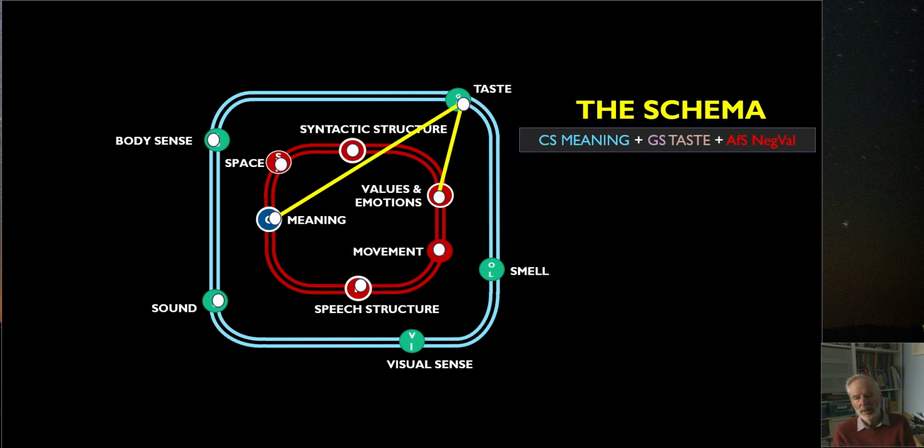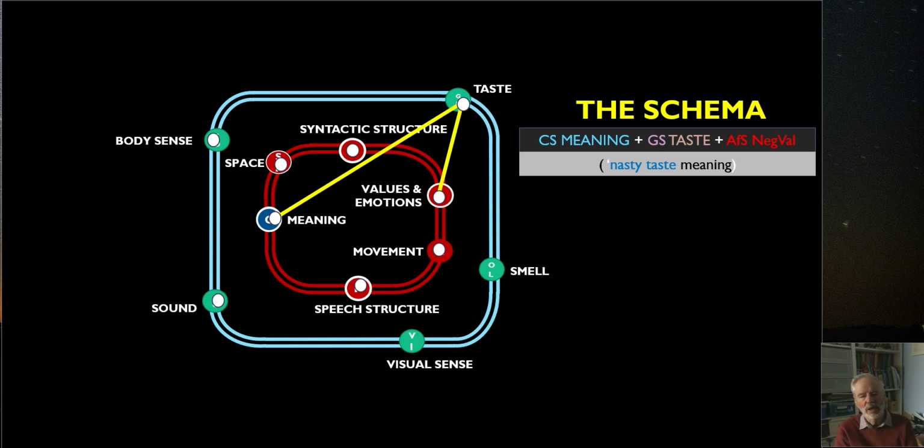Okay, so we haven't yet touched on language. What we've got so far is a connection between three different representations, between our conceptual meaning, whatever that meaning happens to be, we don't yet know, but we do know it's a taste, it's a meaning of a taste, and we know that that taste has a value on it, and the value happens to be negative in this case. So we might say it's a nasty taste meaning, but we don't quite know what the meaning is until we get some more